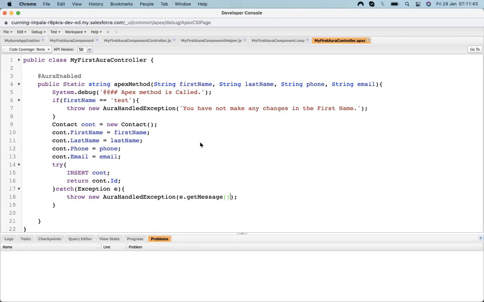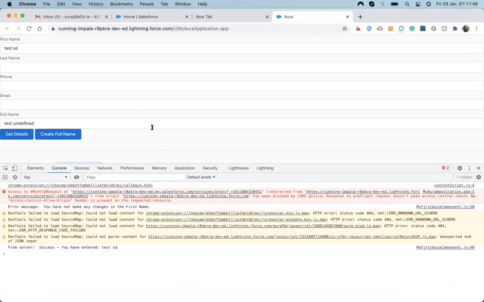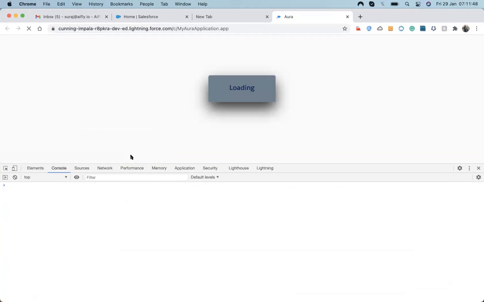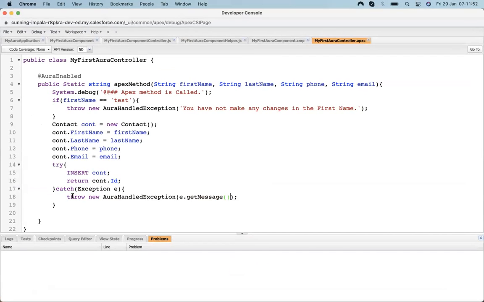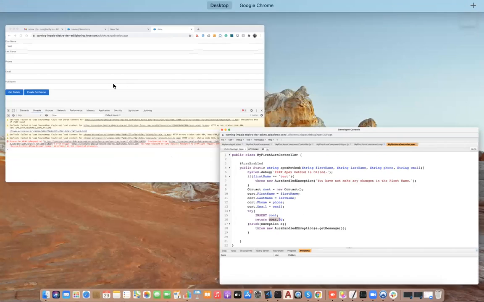Now what I'm going to do is insert a record, and if the record got inserted correctly, it will return the newly inserted contact ID. So let's have a look.